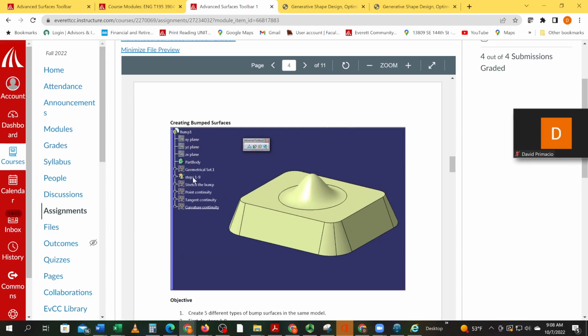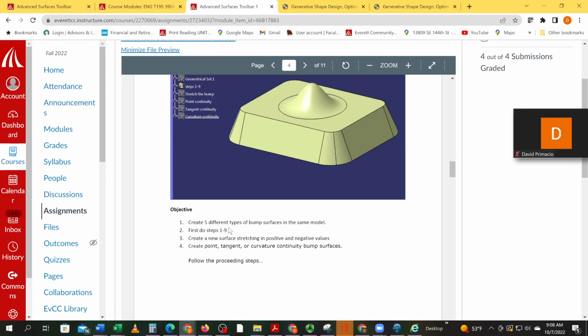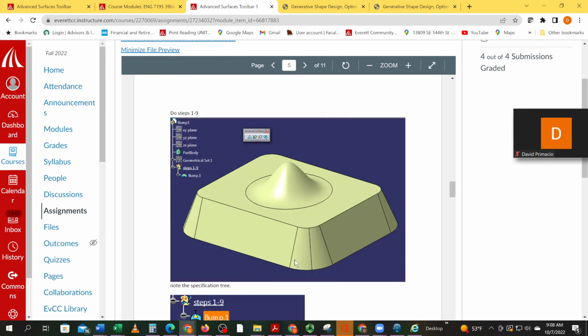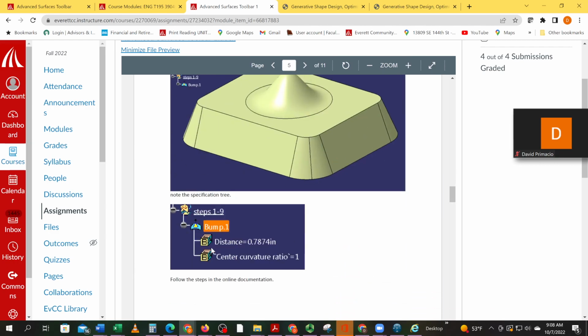Notice that we're going to create all of these. Oh, it's steps 1 through 9. Okay, so we're going to do steps 1 through 9. So we're going to create the 5 different bump surfaces in the same model. We're going to do steps 1 through 9 first. Okay, and these are, we're going to create the point, tangent, and curvature type bumps. So this is bump number 1 through 9. All right, so we are going to